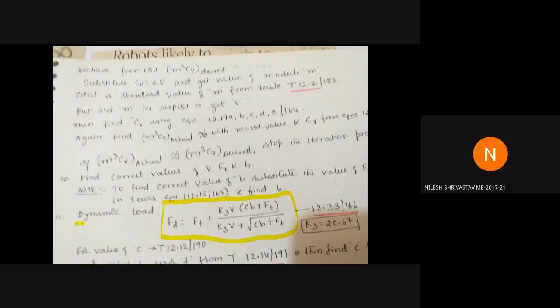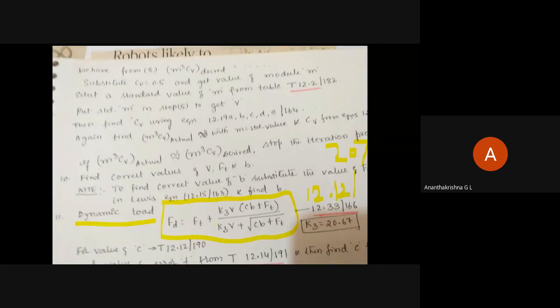Sir, 12.12. So those who don't have the data handbook, please note it as 12.12. Page number is what, Chaitanya? 207, sir. Fine. So 207 is the page number. Others who don't have the data handbook, please note down this equation number as 12.12, page 207, and note down this equation for dynamic load as Fd.